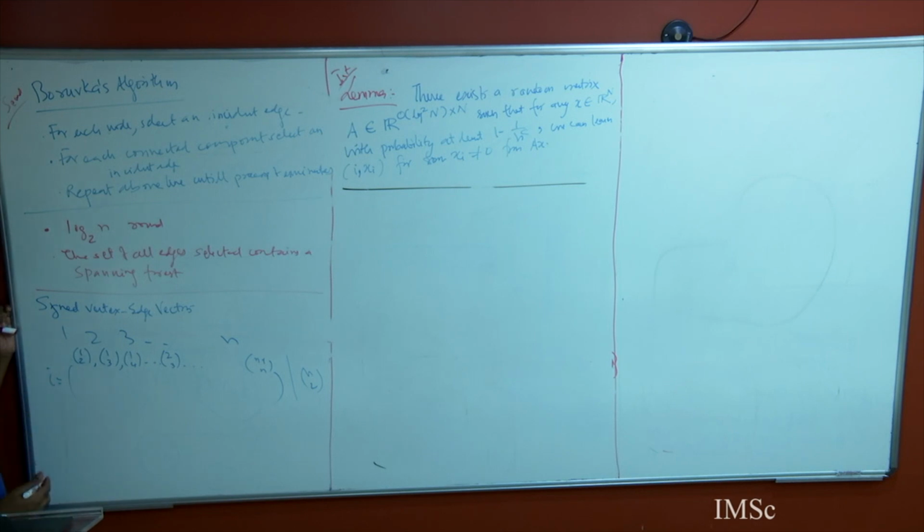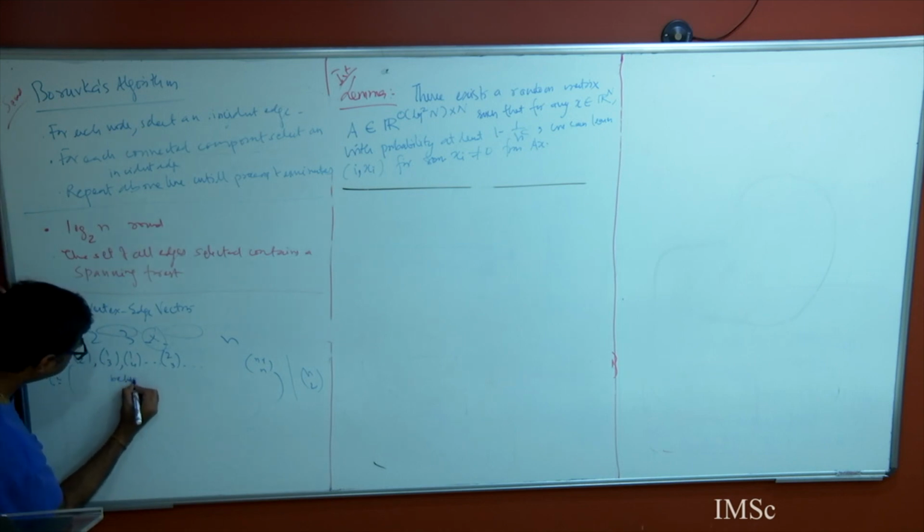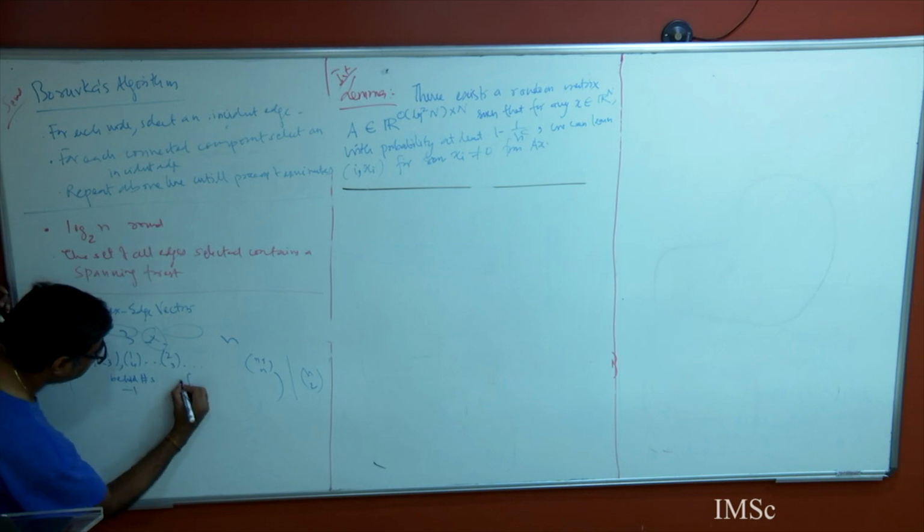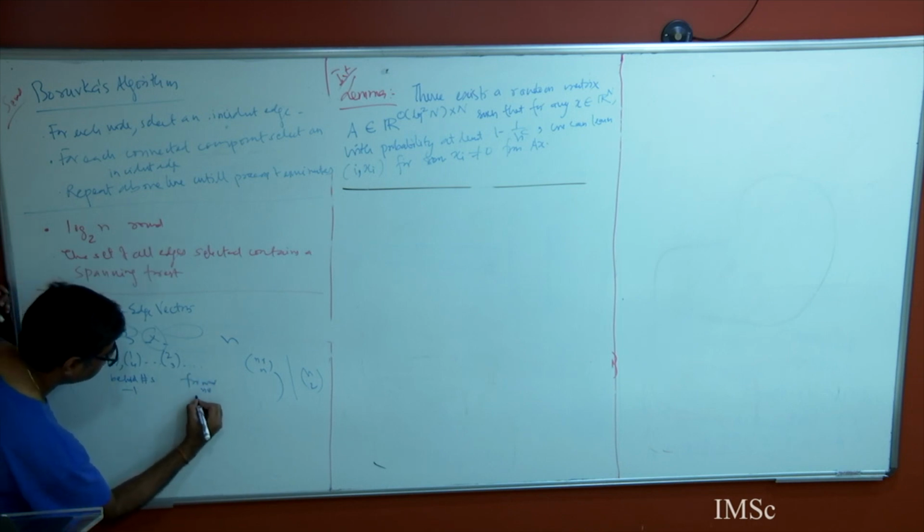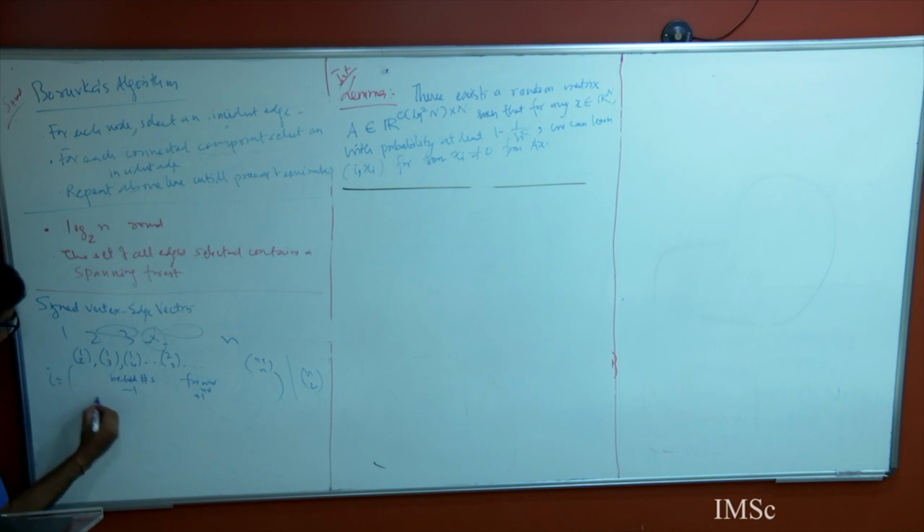And how did we fill this? The filling was very easy. Look at any vertex. I'm going to look at neighbors which are behind and neighbors which are forward of him. For his behind neighbors, I'm going to put -1. For his forward neighbors, I'm going to put +1. And 0 elsewhere. So this is a very sparse vector. It has at most n-1 non-zero entries.